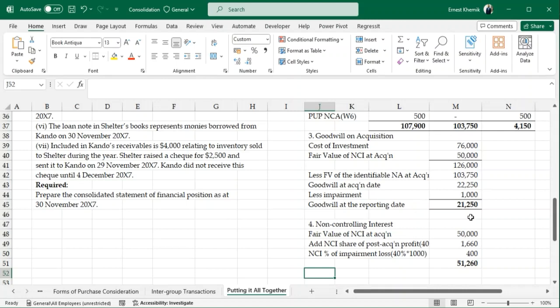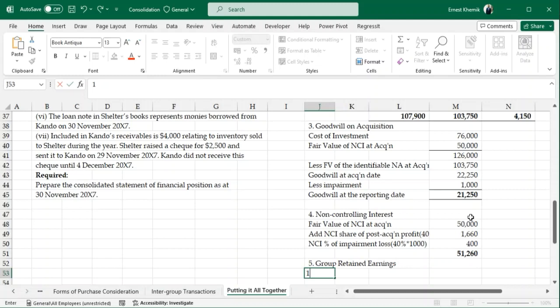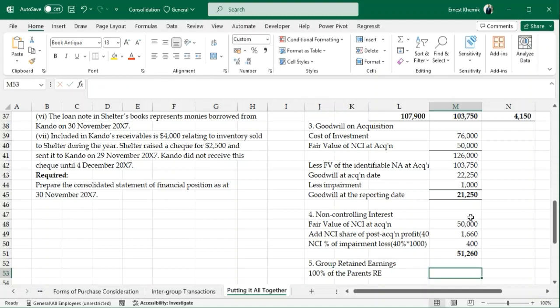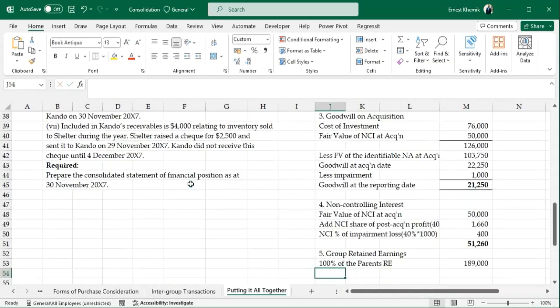Then our fifth major calculation is the group retained earnings. When it comes to the group retained earnings, we first pick 100% of the parents' retained earnings, and that can be found in the separate financial statements. So we come here, and then we have the group retained earnings of the parents, 189,000,